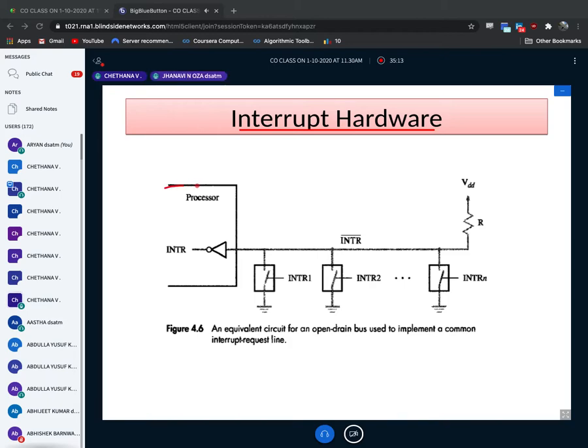Just here, this is your processor. You assume a processor is available. For this processor, I've connected all the devices. I will call printer, scanner, monitor, keyboard, like that. All are connected using one bus. So this bus is known as a signal bus. What is this signal bus? Interrupt signal bus. Please have a look at this. It's an interrupt signal bus.